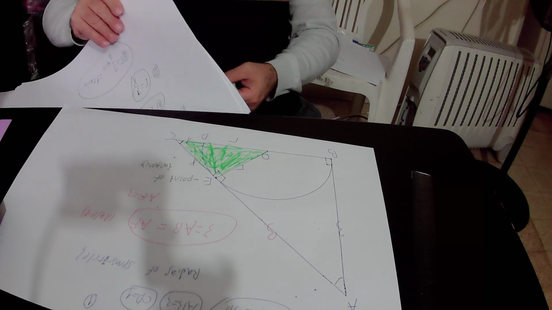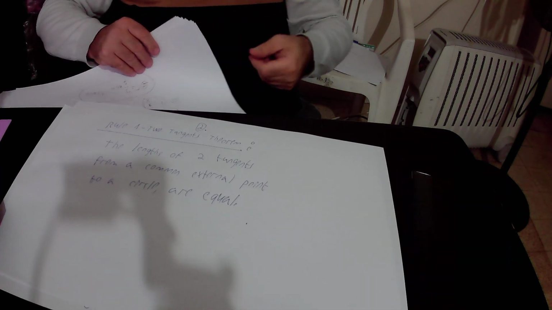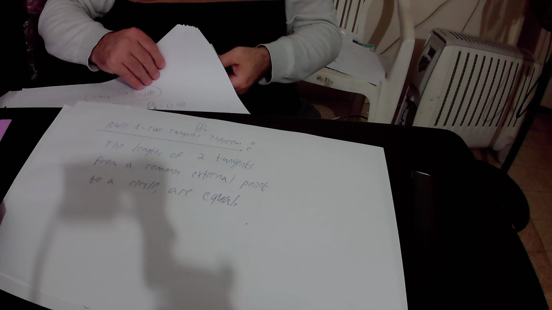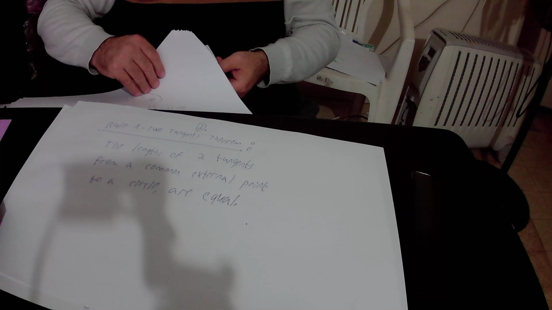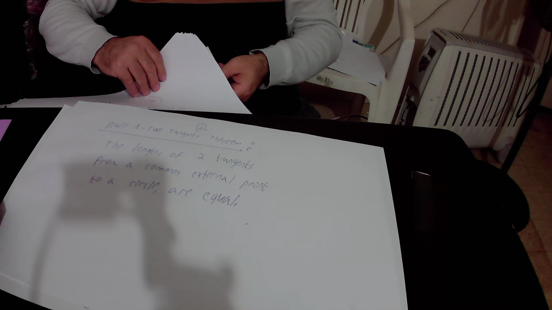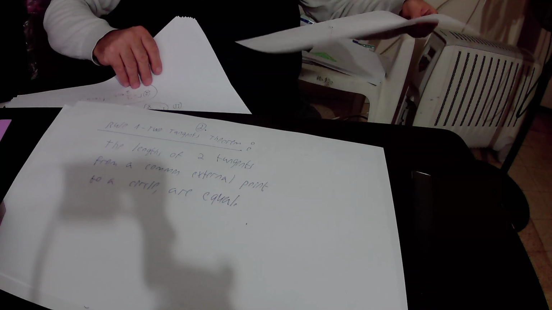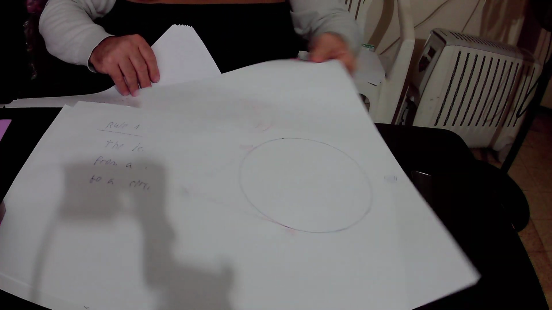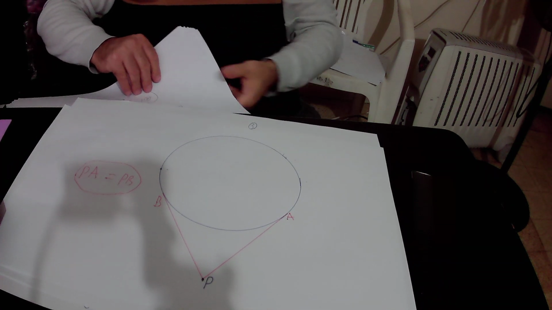I presented to you a new rule, rule number 1, which is the two tangent theorem also. According to rule number 1, the lengths of two tangents from a common external point to a circle are equal. So what is the meaning of rule number 1 or the two tangent theorem? The meaning is that if you have this blue circle